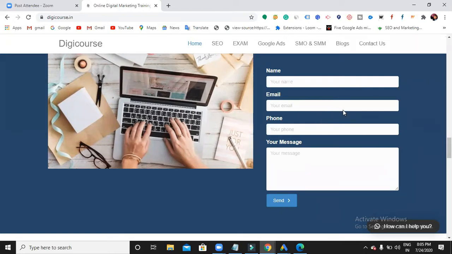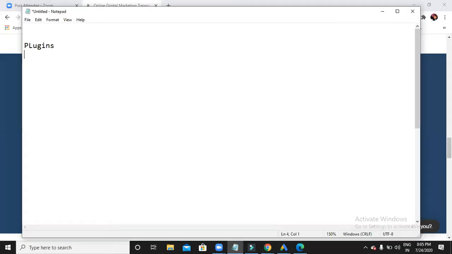Now contact form is a plugin, so I am going to install a contact form, so that whenever people visit my website, if they have any queries and if they want to inquire about my business, they can give some details and I'll get that information. I can call them back and know what exactly they are looking for. This is how we generate business, right? Blindly creating a website and having some posts, there is no use. You should have these kinds of mediums, and you can do that with the help of plugins.